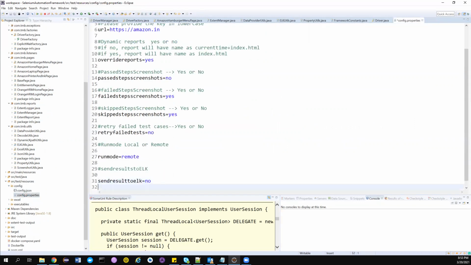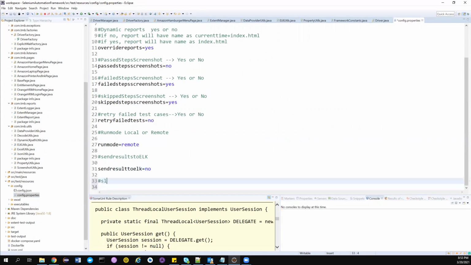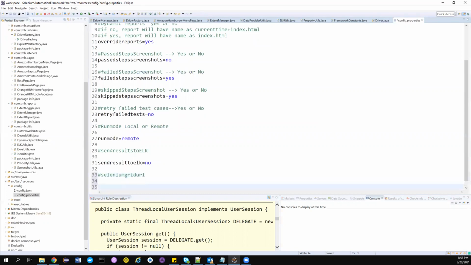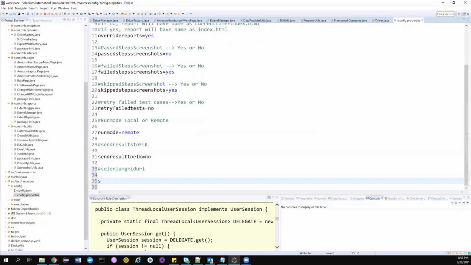We can also create a new entry here: Selenium grid URL, something like this. Maybe you can keep it as URL, maybe Selenium grid URL. Whatever you want to give, you can give, and then you give the value.